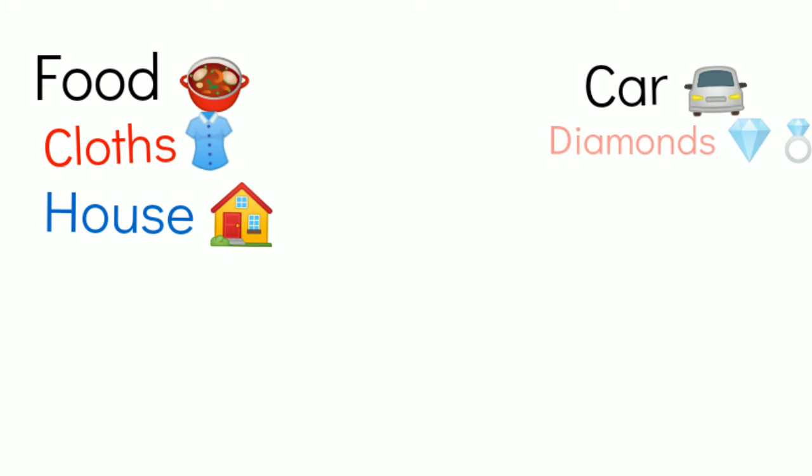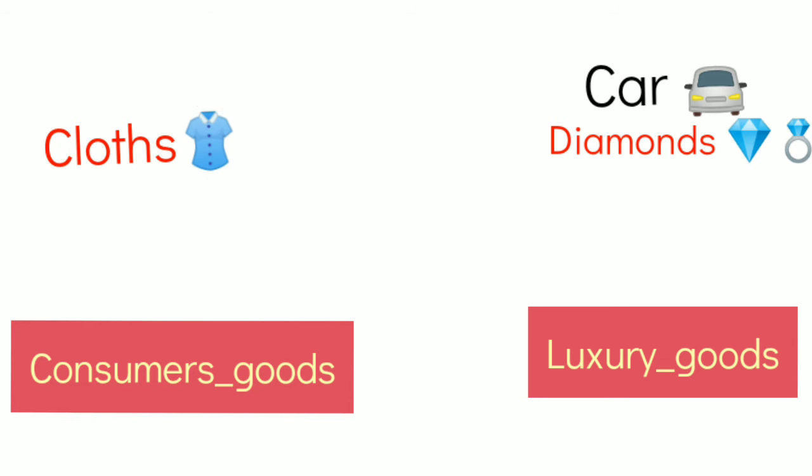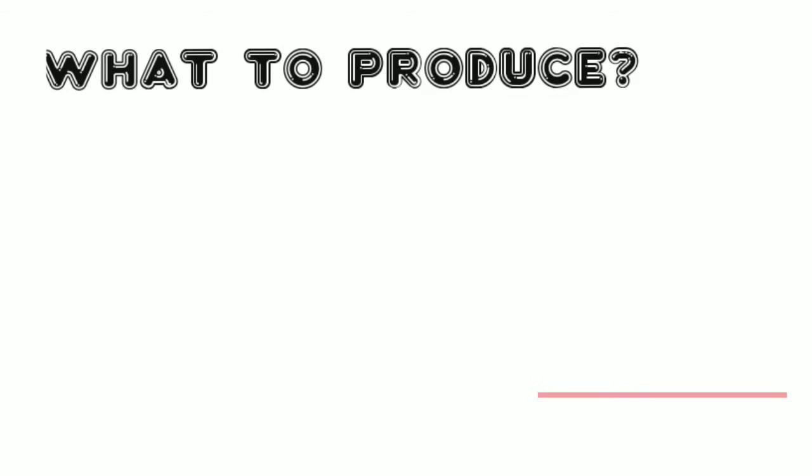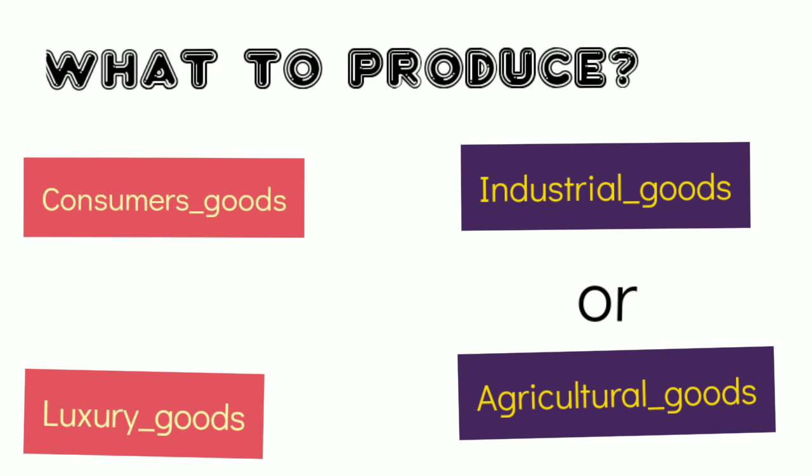The problem of what to produce relates to the types and quantity of goods and services to be produced, because resources are limited and therefore judicious utilization is important. Therefore the first question that an economy has to ask is what to produce, and what quantity.